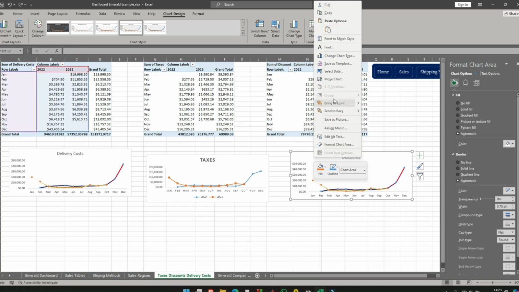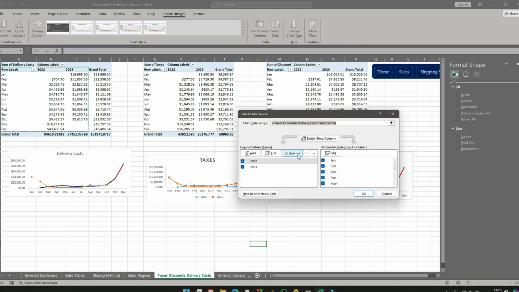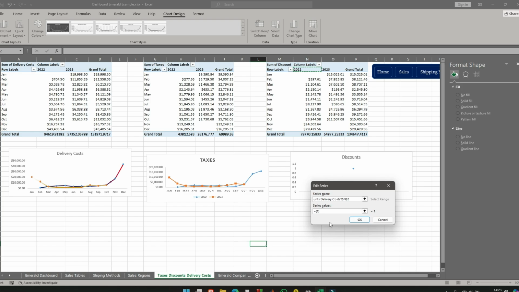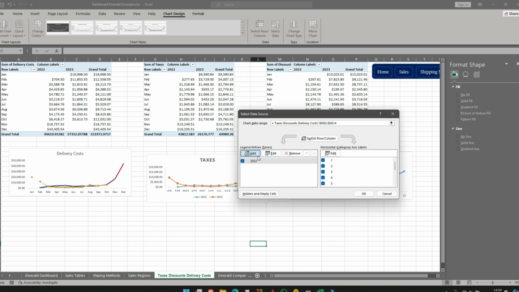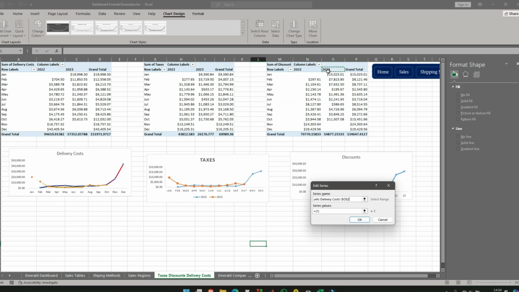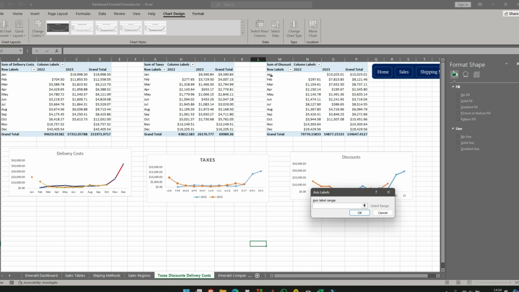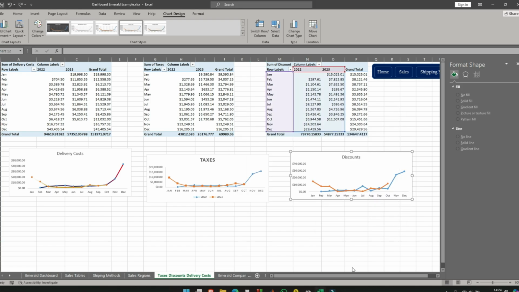I'll select data and change the data. I'll remove this, and add. Series name is 2022. Series values from January to December. Click OK. Then add series name 2023. Series values are these. OK. Then edit from January to December, click OK, click OK, then